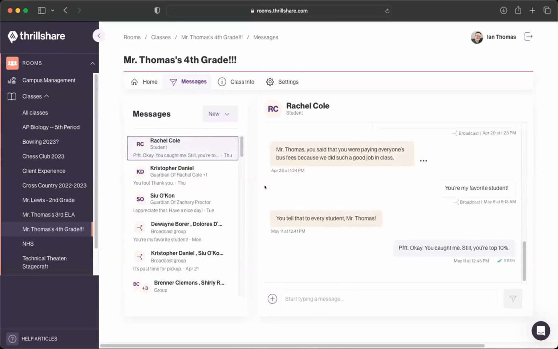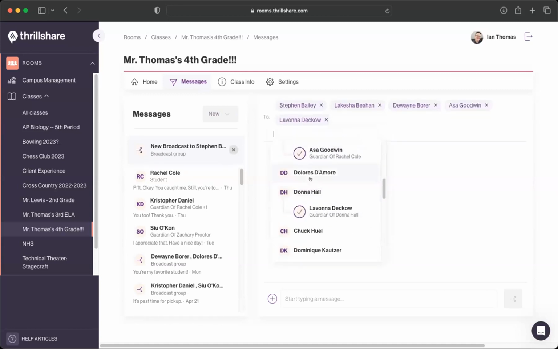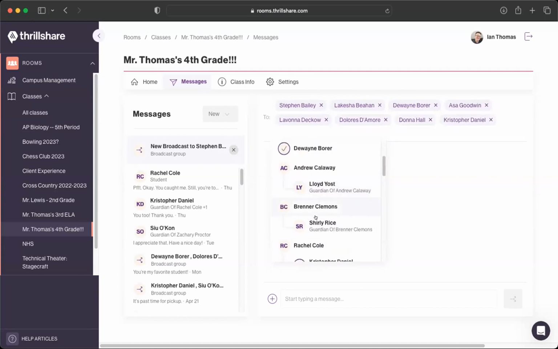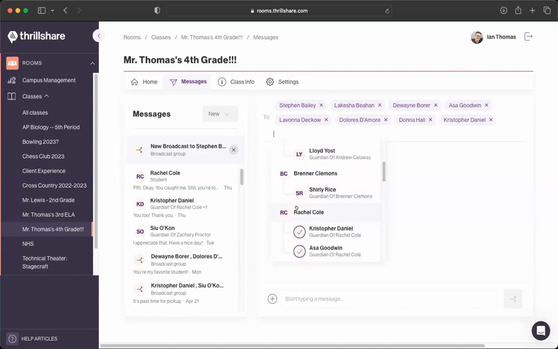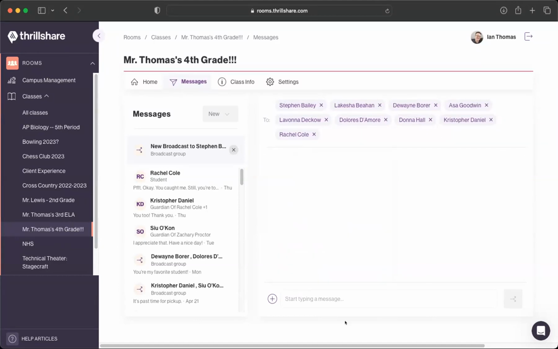So in the instance where you need to send one message to a lot of people, but not the entire class, that's a good time to use broadcast message. The broadcast works like BCC or blind carbon copy in an email, so I can choose a bunch of folks. You'll notice that when we do invite guardians, they're going to be nested underneath the student. So I've got the student Rachel and then Rachel's guardians, and both folks tell me that they are the guardian of Rachel. So I can put all these people in a group and say, got an A on the last